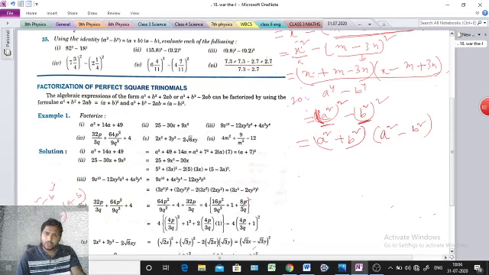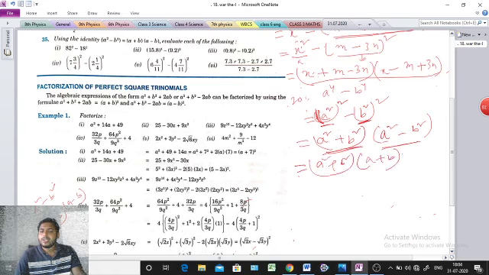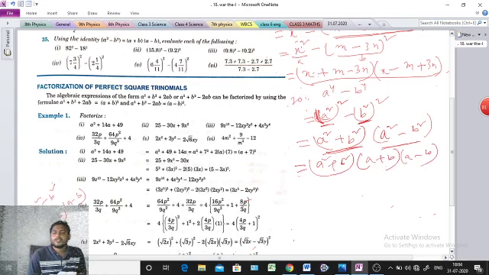Up to this one clear or not? Now this plus form just keep it like that. This portion has the a square minus b square formula, so that's why we will use it. This one, a square plus b square, keep it like that. So this portion will be a plus b into a minus b. Clear everyone? So this is the answer only.